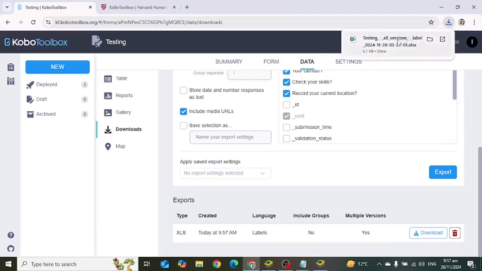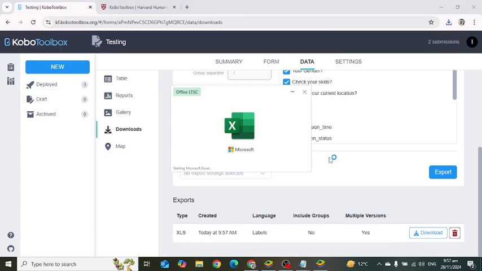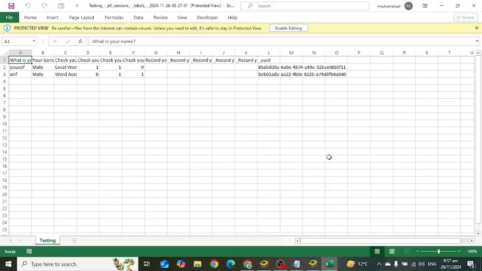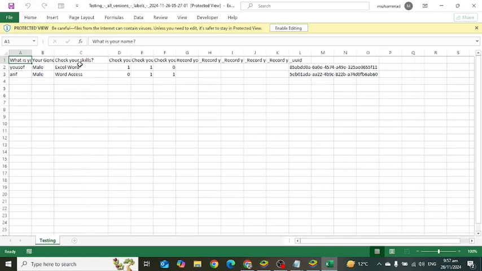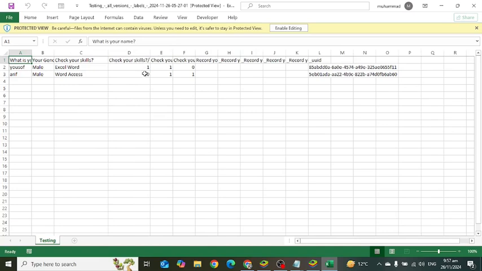Let's open this one. So we have these two records. Look at user name, male, Excel, Word. These are the data that we have. So here we have check your skills, 1 0. If you don't need this 1 and 0, instead of that you need to just change these fields. Whenever you want, for example, to receive the data like male and female,